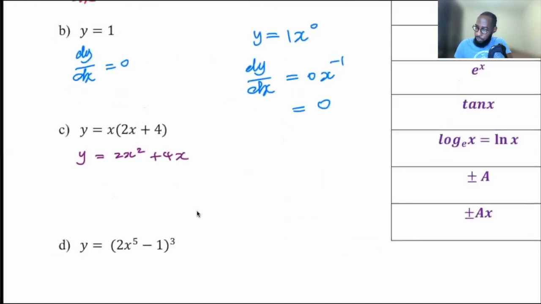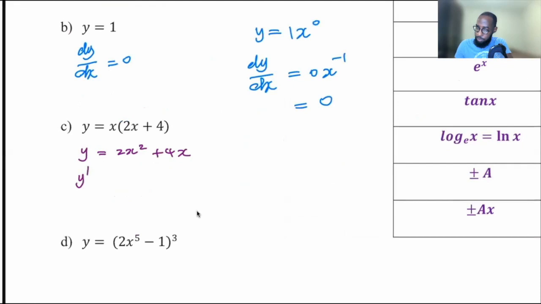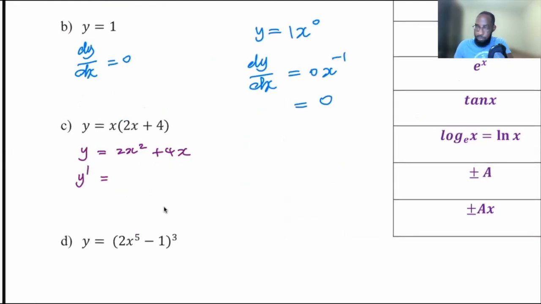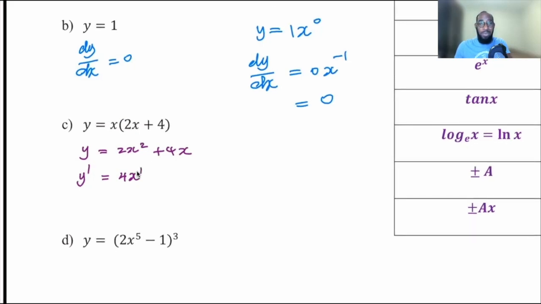So let me use y prime, because y prime is like saying dy dx. Y prime is equal to, remember here, we say, okay, whatever power we multiply in front by the number. So 2 twos are 4. x to the 2 minus 1 is 1. So we know it's understood. I don't have to write the 1 there, but let me leave it there. You don't have to write the 1 because x to the power 1 and x is the same thing. All right, plus,